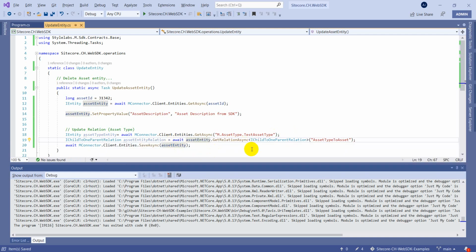And then, so in this step what we have done is we have fetched that entity which we want to update as part of our asset entity, which is of type test asset type. In the next statement, we have tried fetching the relation field which we want to update, which is asset type to asset in our case, right? So once we have what value we want to update and to which field we want to update, this entity relation,